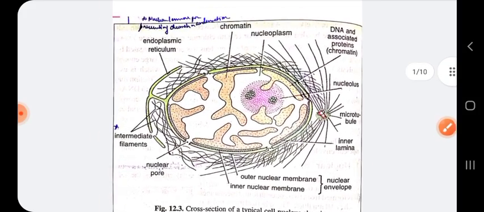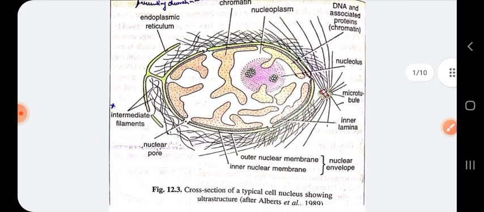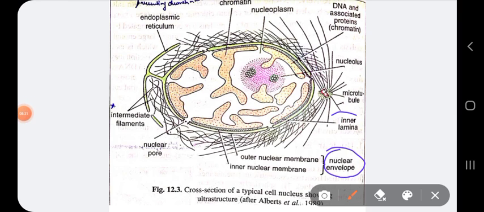Okay, as you can see here, some intermediate filaments. So all of these components, whether you are seeing here the nuclear envelope or the nuclear lamella, the nuclear pore, the nucleoplasm, the chromatin thread, the nucleolus, all of these components work together in order for the nucleus to accomplish all of its functions. And some of these functions, if I say point-wise, that is given in your